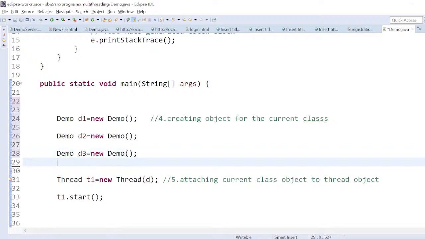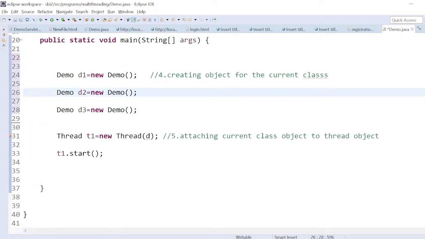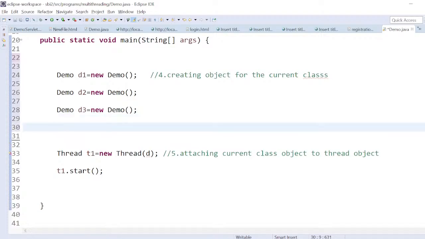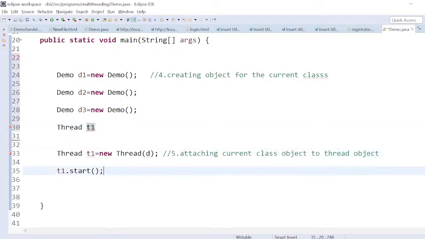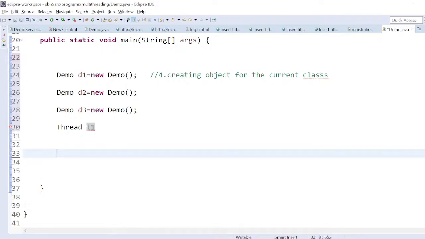So there are three objects I created, right? Now you can attach them here, like Thread T1, already available here. For example, these two statements I am removing, equal to new Thread